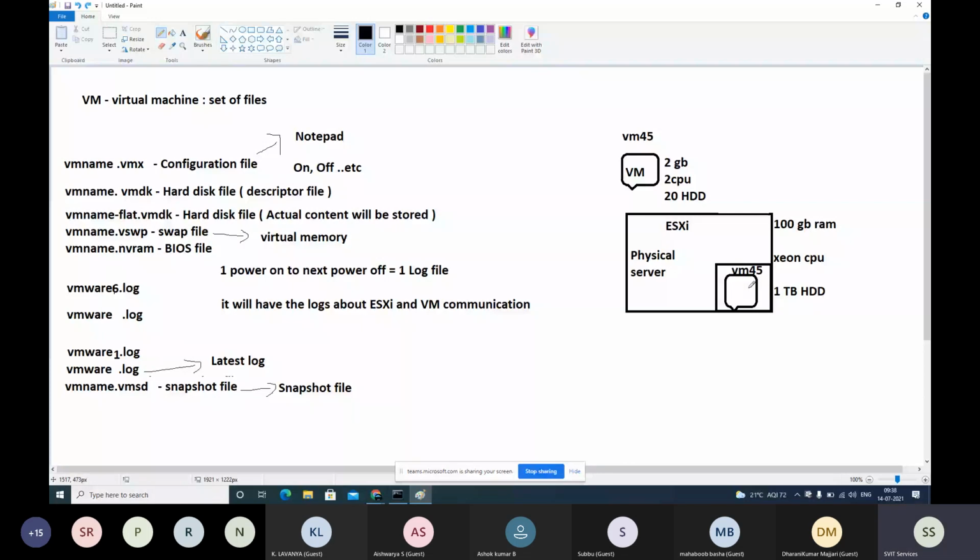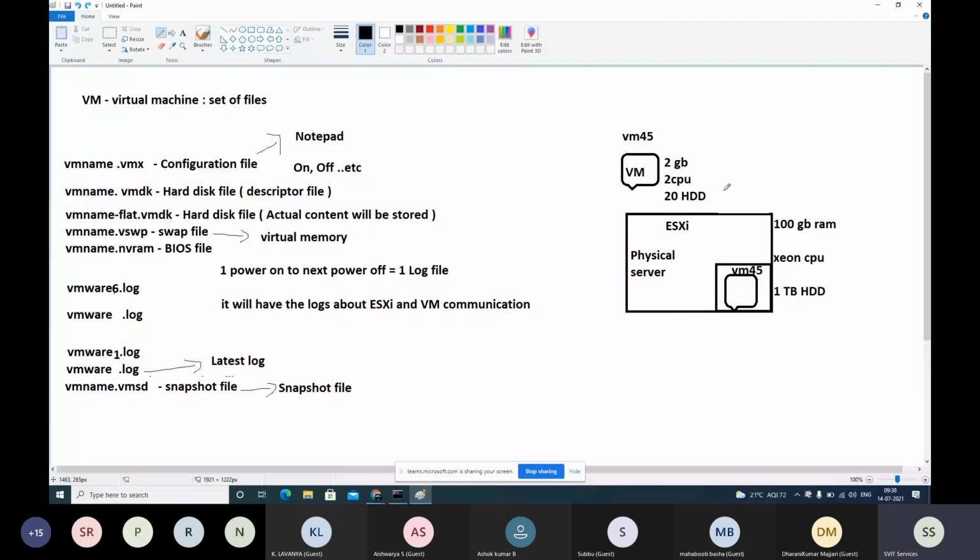All these files together will be created automatically inside this folder, and all these files plus RAM and CPU from the ESXi machine together make one virtual computer. Fine. Understood?